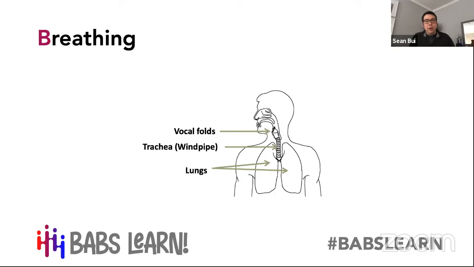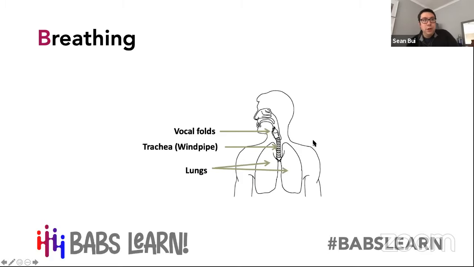One thing we all know, or should all know, is that the air is the fuel of the voice. And without air coming up from our lungs through our vocal folds, we can't actually produce sound. Air flows from the lungs through the trachea and through to the vocal folds. And we can see it on this picture here. Here are your lungs. The air comes up through the trachea and through the vocal folds.